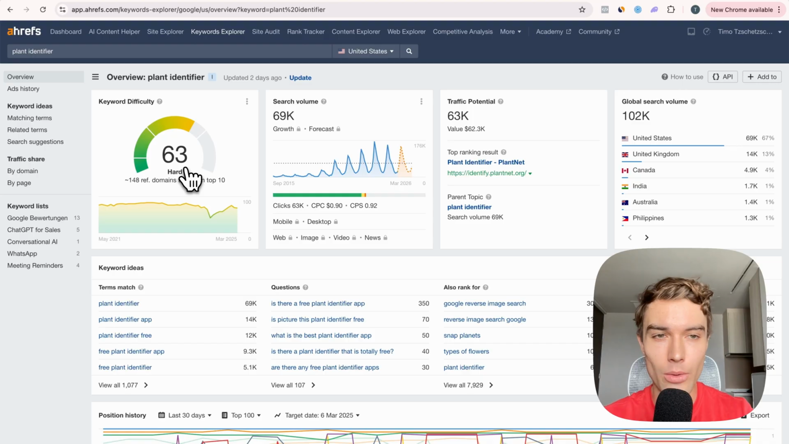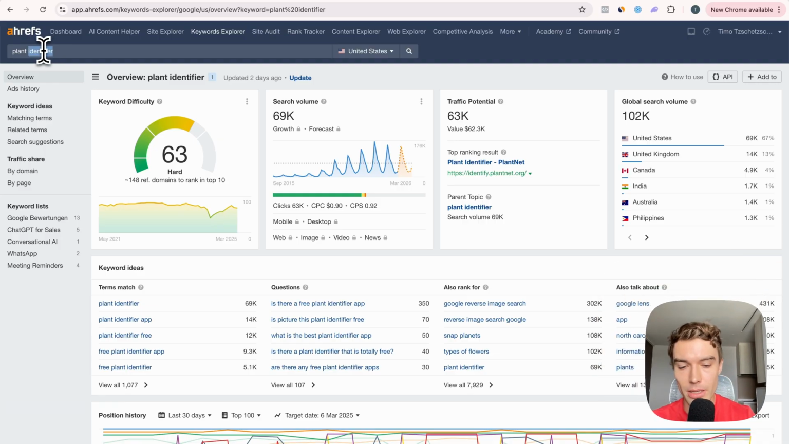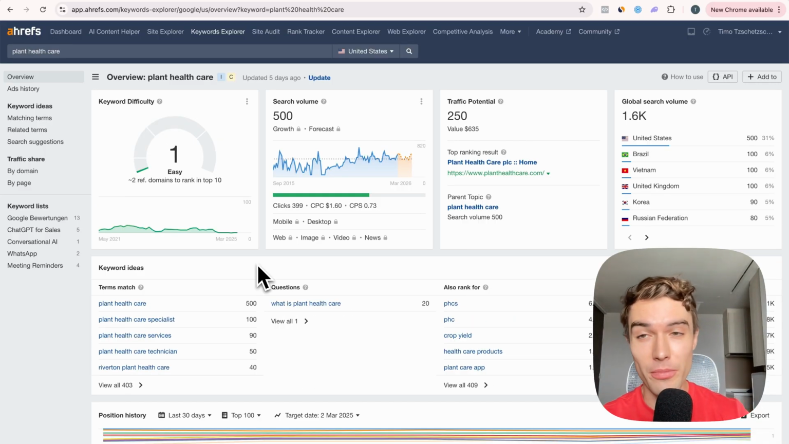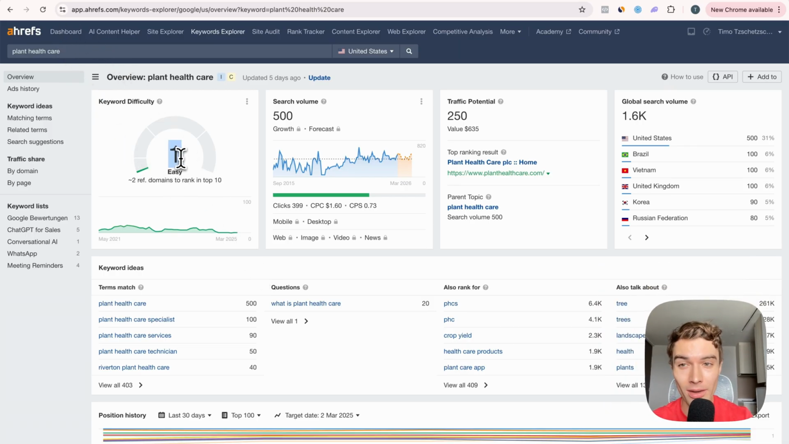So this is a keyword I would not target if you just build your SaaS from scratch. Let's search some other ones. All right, I found a keyword that would be perfect to put as an H1 on our website and to rank for. Plant healthcare has a keyword difficulty of 1. That means you rank immediately on Google and usually get traffic, and it has a search volume of 500, which is